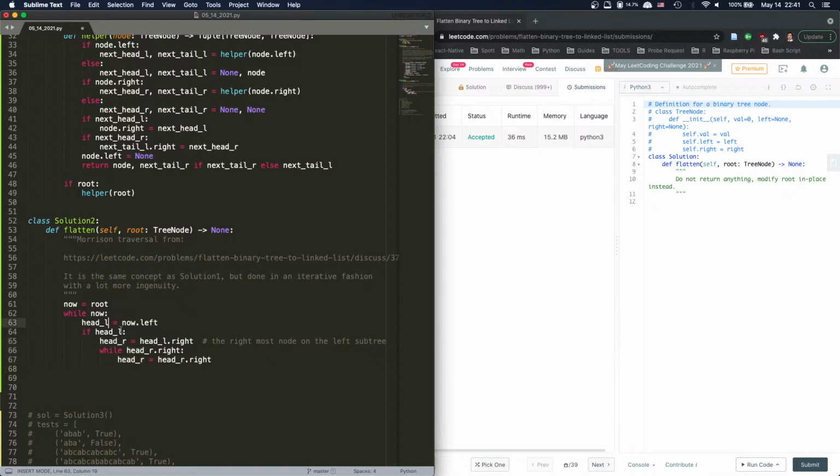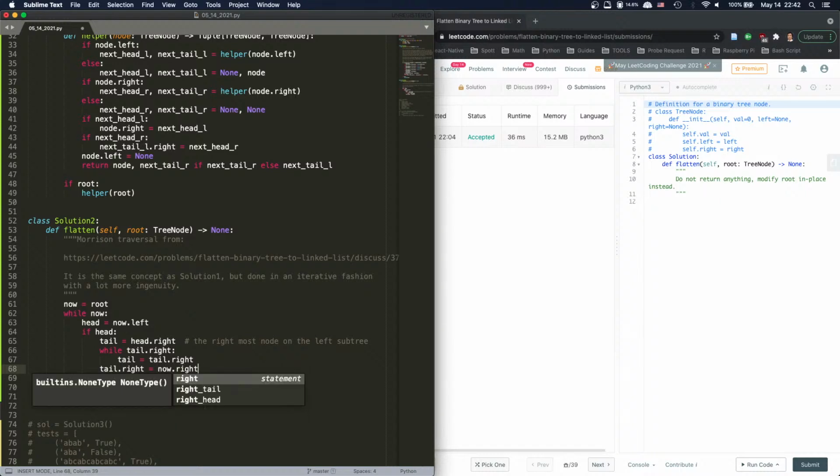Head and tail. Yeah, let's call it head and tail. So this is head, and this is going to be tail. So these are tail. On the left subtree is the tail, right? So once we find the tail, then we know tail.right equals now.right. Because now.right, tail.right, yeah, we do this, and then